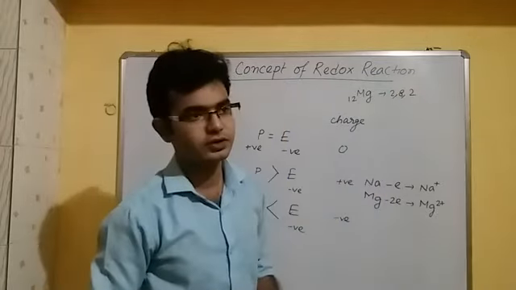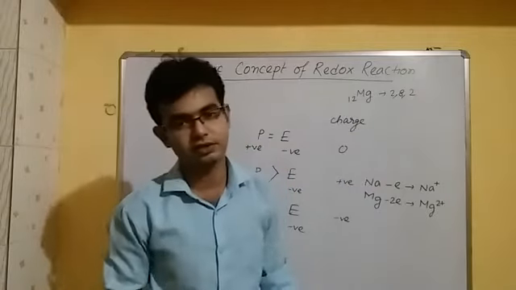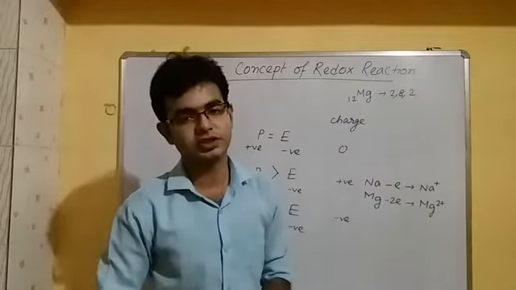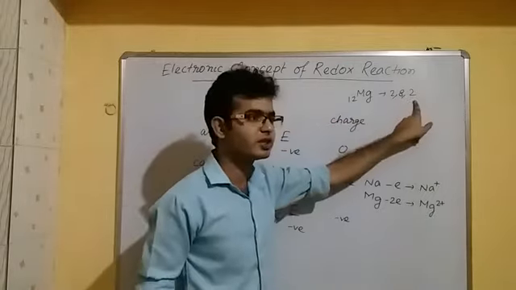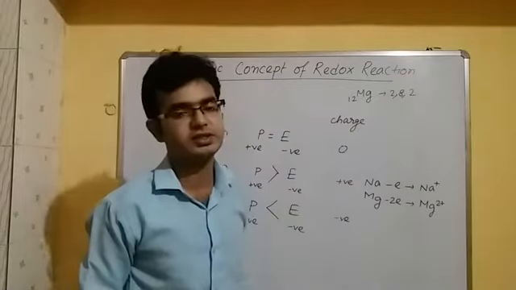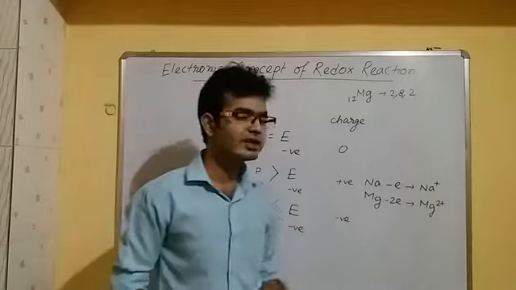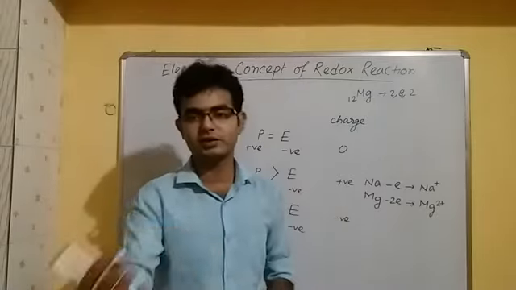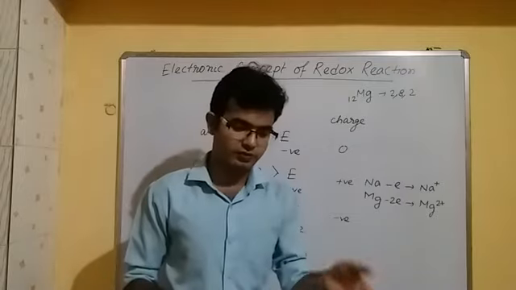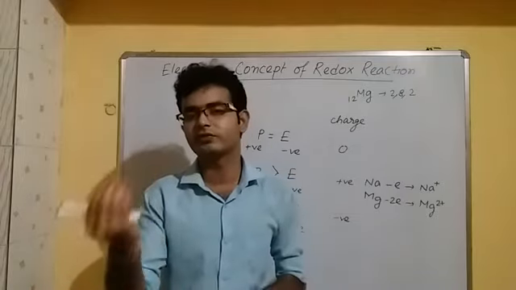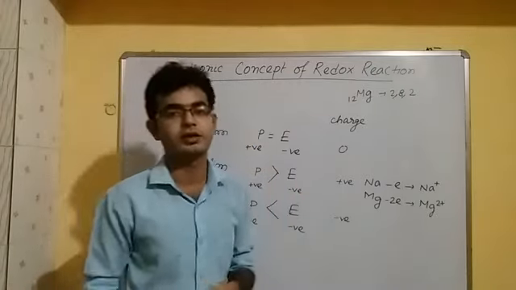Valence electrons means the electrons which are present at the valence shell. Valence shell means the outermost shell of an atom. The last shell of an atom is called the valence shell, and the electrons present at the valence shell are called valence electrons. If the number of valence electrons is 1, 2 or 3, then the atom usually loses electrons. If the number of valence electrons is 5, 6 or 7, then the atom will gain electrons to fill its valence shell by 8 electrons.